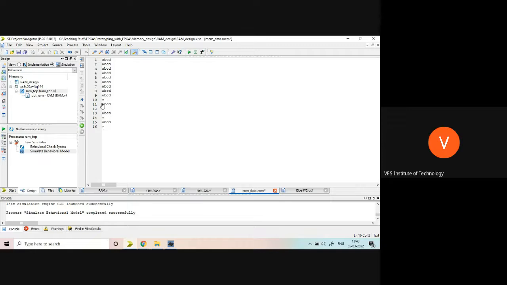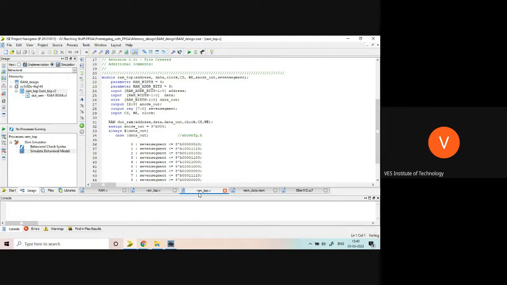Now you might be having a question: how to create these kinds of files? Because these files will be very big if I write a complete image. It is a very obvious question everyone will have. If you have a very big file, use Python coding to create these kinds of files. You have to write your own code in that case. So right now my data is 16-bit, RAM width is 16-bit, and my address lines are 4, and I will try to synthesize it.